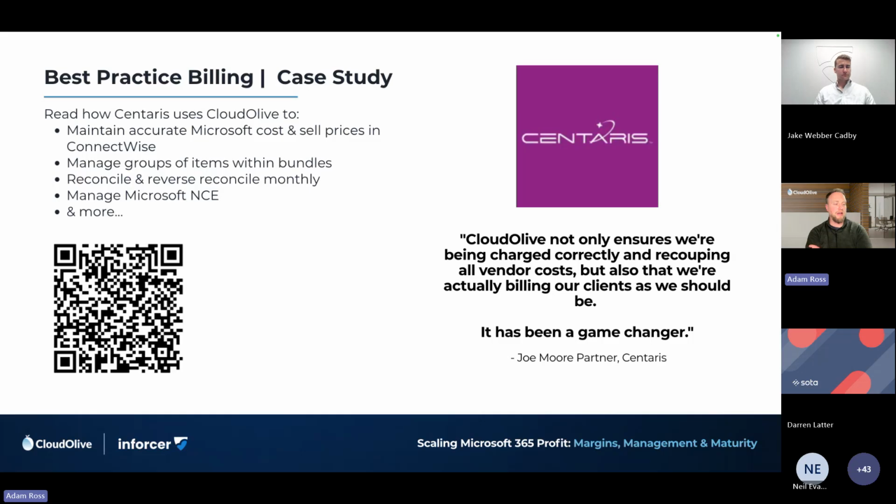The other challenge that they had was that they've got some very long-standing customers that just pay their bills, right? So they're clearly doing a really good job on that front. But the reverse reconciliation, when we released that capability, which for about 6 months was the most requested feature within Cloudly, was I want to be able to see where we're maybe overbilling our customers. This gave them visibility across 400 odd customers very quickly. This is what they need to go back to their customers having conversation on.